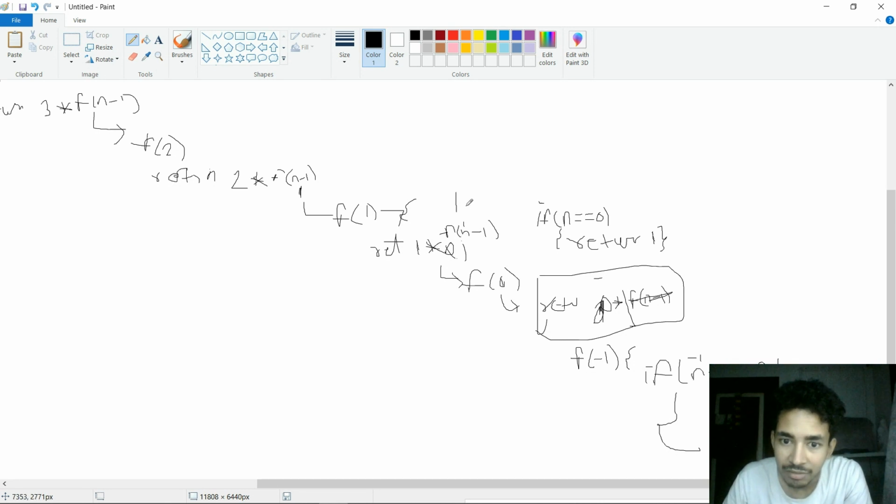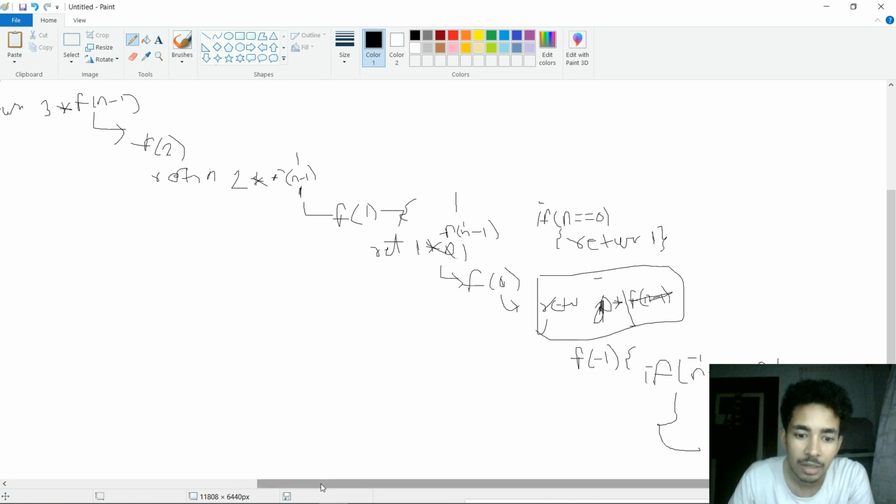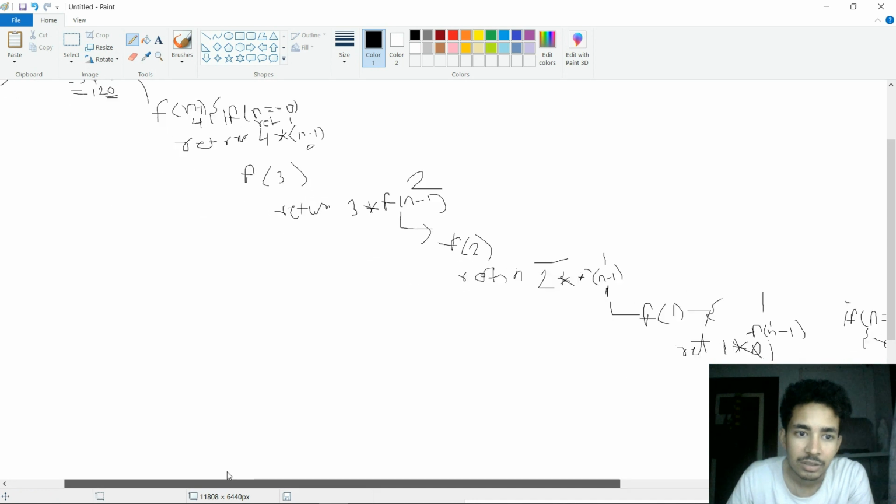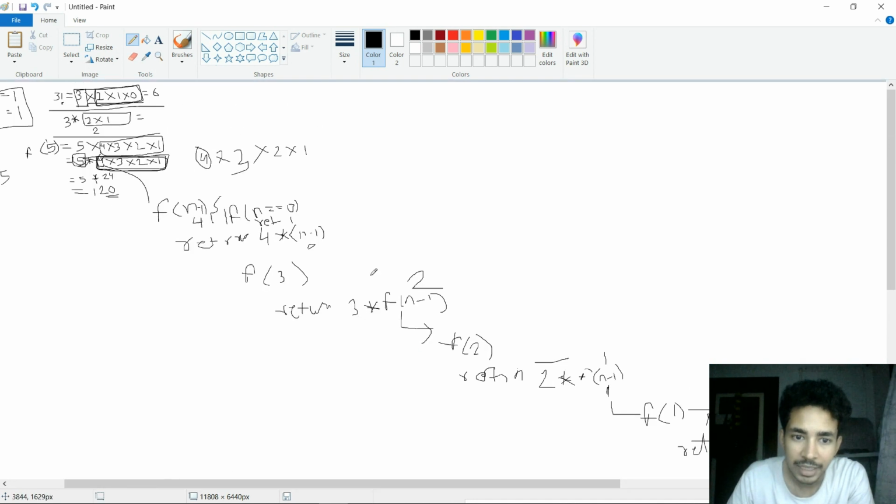In this function we will get one answer. So 1 multiplied by 1 is 1, and then it will come here. 2 multiplied by 1 is 2. So in this function we will get 2, and we will come here. 3 multiplied by 2 is 6. So in this function we will get 6,